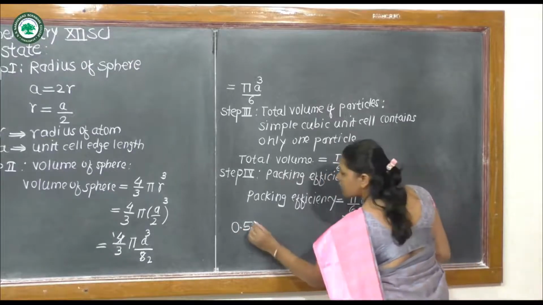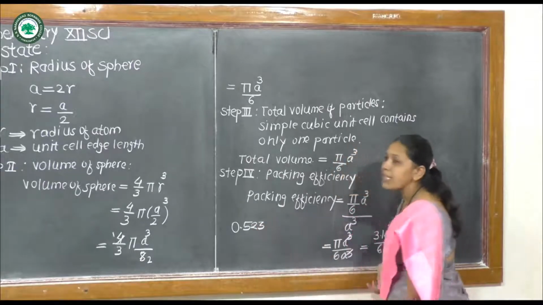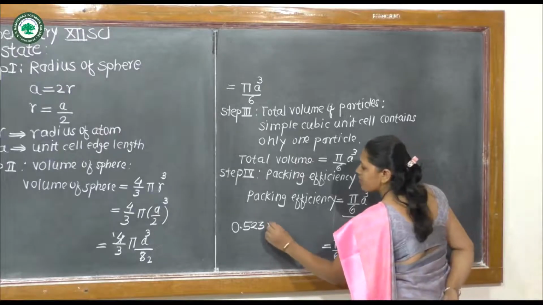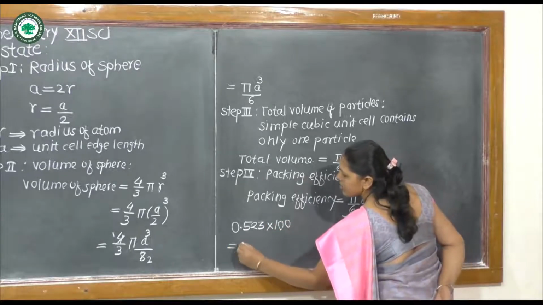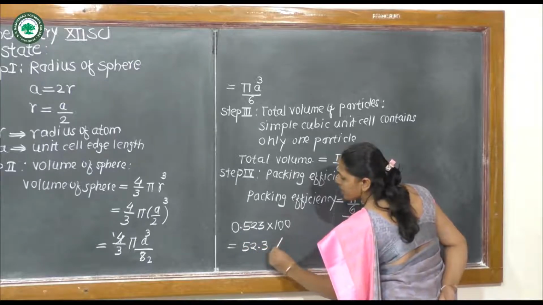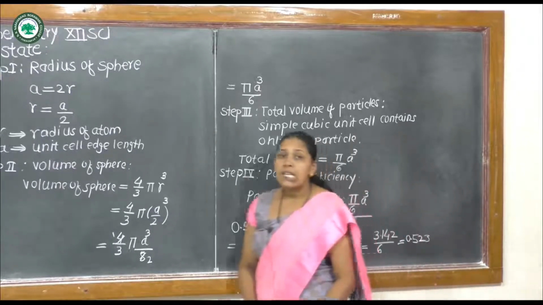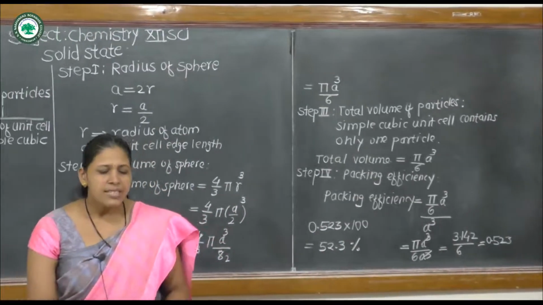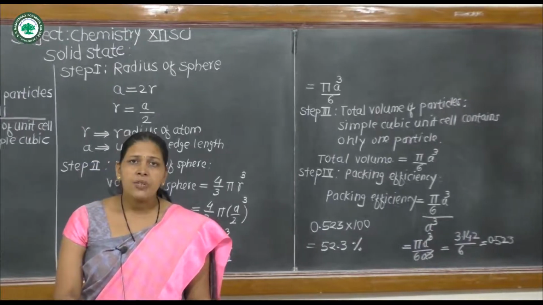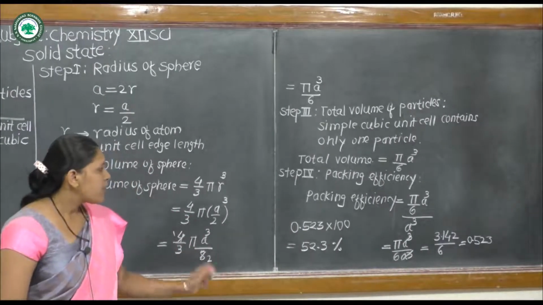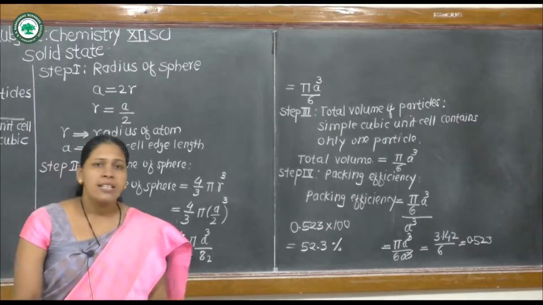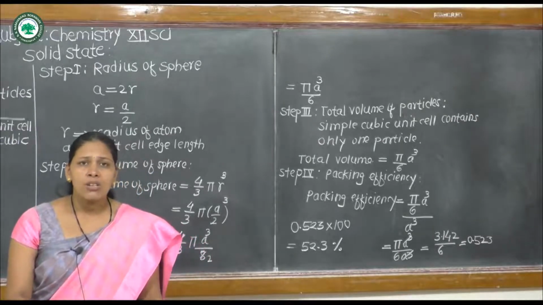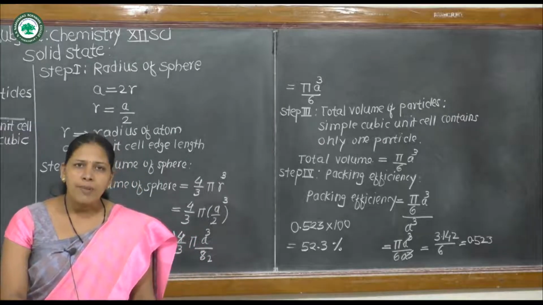0.523. This is the packing efficiency. But packing efficiency is calculated in percentage. Therefore, multiplied by 100, it is equal to 52.3%. 52.3% is the packing efficiency of the simple cubic unit cell. Therefore, in the simple cubic unit cell, 52.3% is the packing efficiency, that is, the total space occupied by the particles is